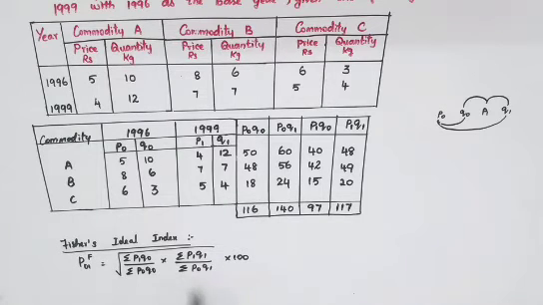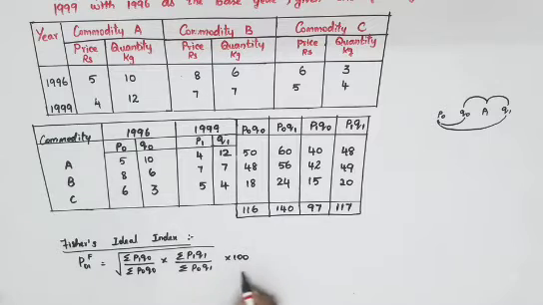How to remember the formula: keep P1 and P0 in the numerator and denominator, and with that multiply Q0 and Q0. So Q0 is the same here. Again, P1 and P0 in the numerator and denominator, and instead of Q0 you multiply by Q1, and you get your second part. So no need to mug it up; you can remember it like this.